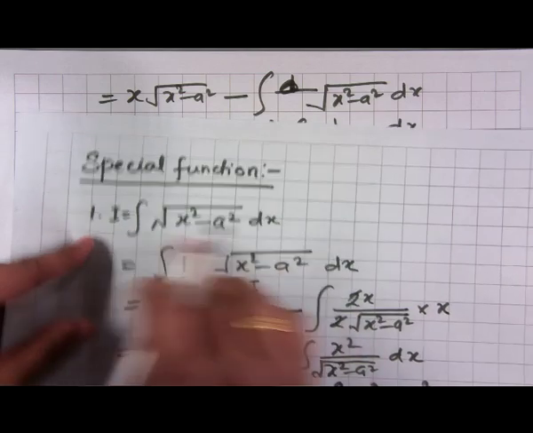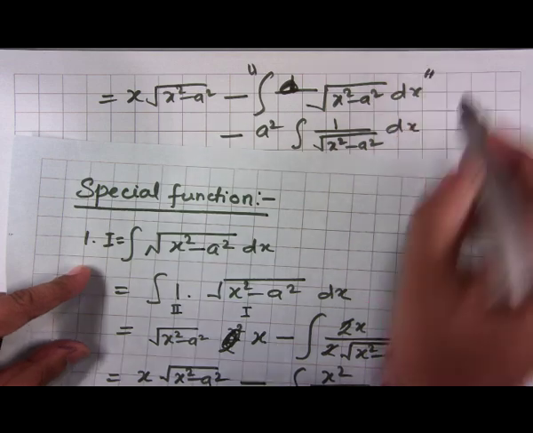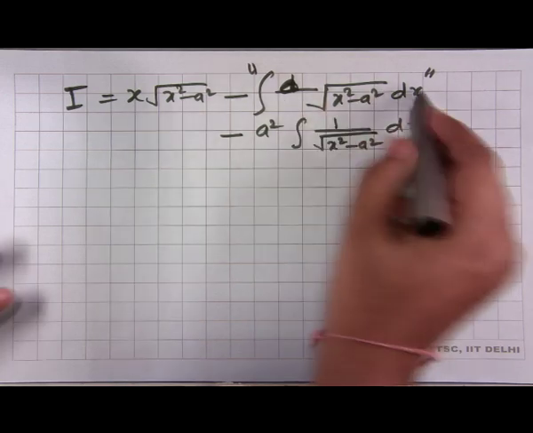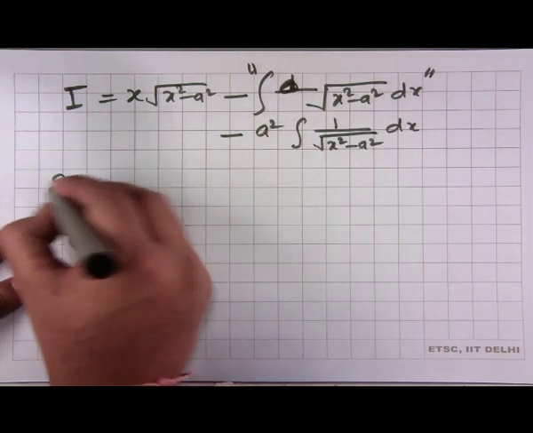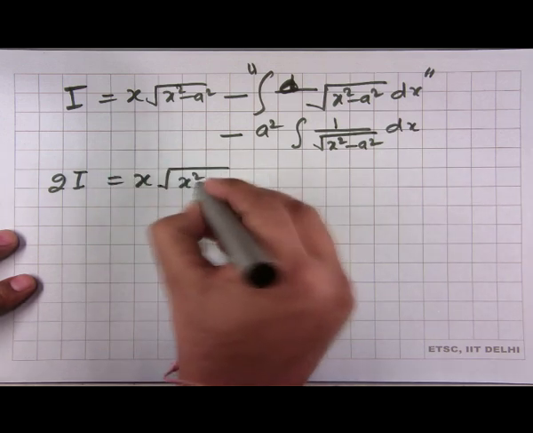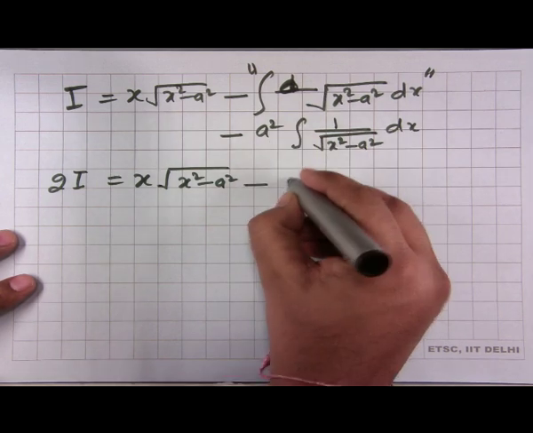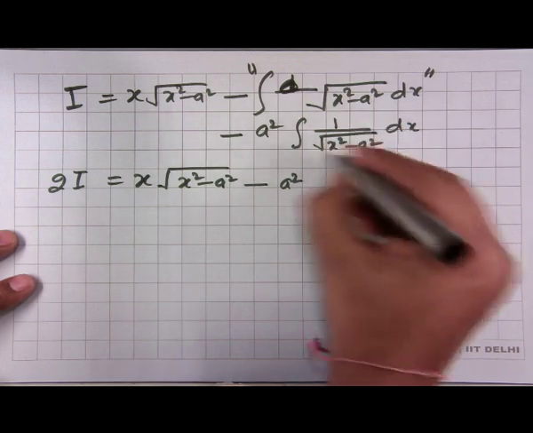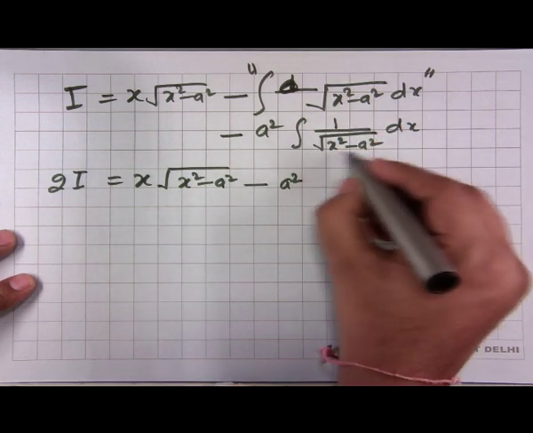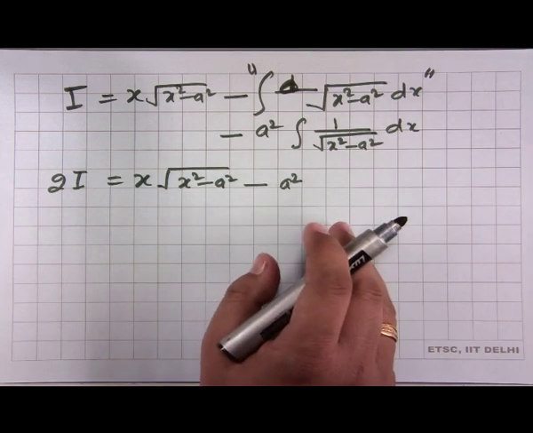Look at this, I is the same as square root. So, therefore, this term I will replace with I. So, my left hand side is I, this function is also I, therefore, the left hand side becomes now 2I equals x square root of x square minus a square, minus a square times the integration of 1 by square root of x square minus a square, which is already known to us, and that is